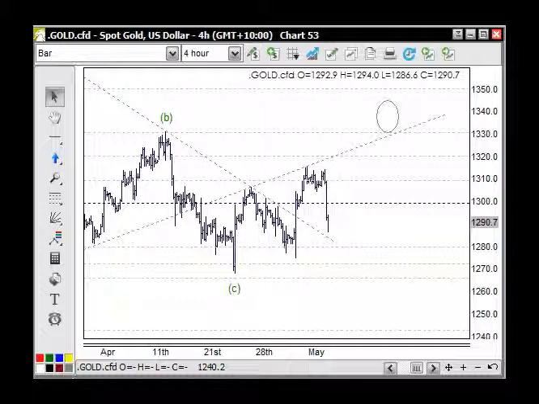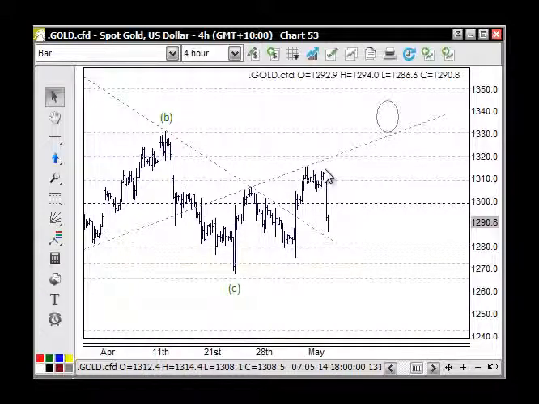Welcome to Commodities, and here we're looking at gold. Now, we can look at this in two ways. We can look at it as being corrective or impulsive. It's an impulsive structure from this point here moving up here, as long as this low here doesn't get taken out. The 61.8 retracement level, if we look at this as being wave 1 up here, we're looking